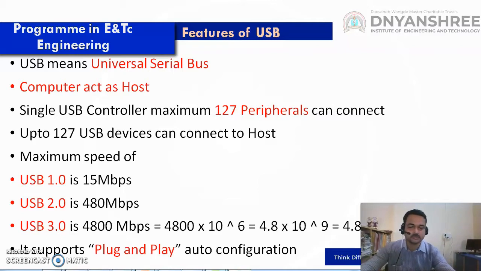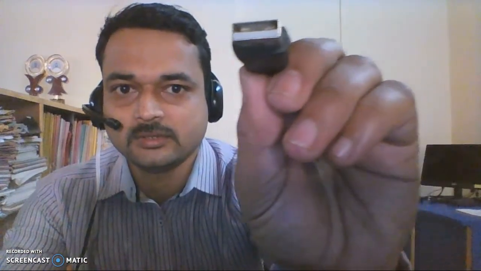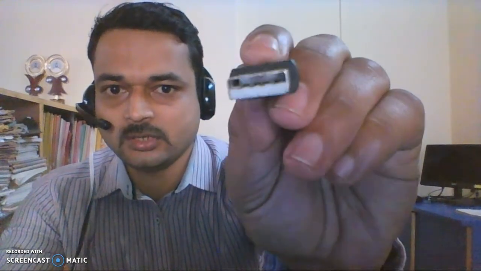I will show here. This is the USB. We can see in this picture, in the camera, this is the USB port. This is the USB Type A connector. This is USB 2.0, which has a total of 4 wires. Out of these, one is for VCC, another is for ground, and in between there are 2 lines for data. In the case of USB 2.0, it works in one direction.